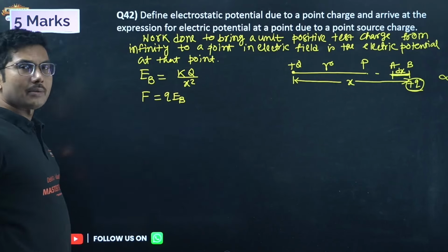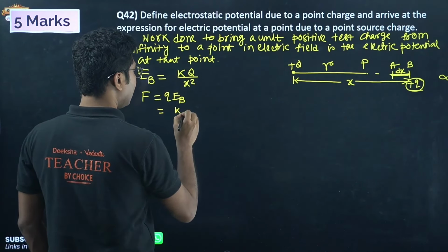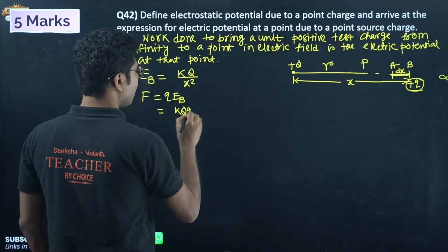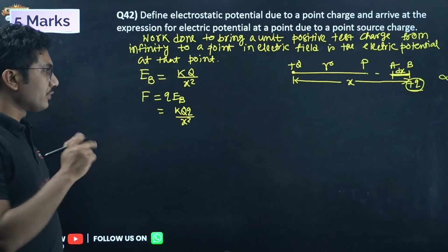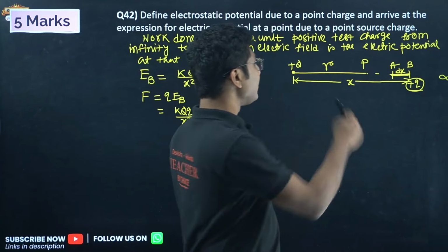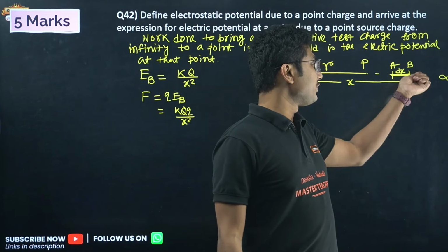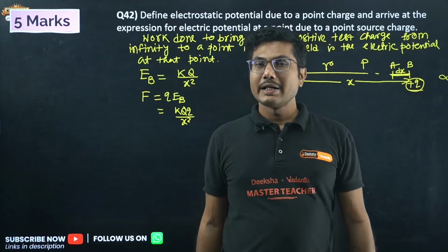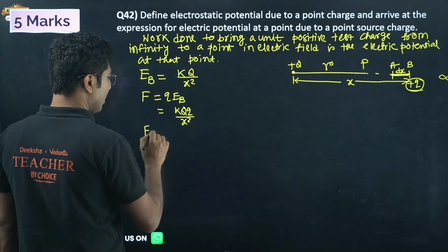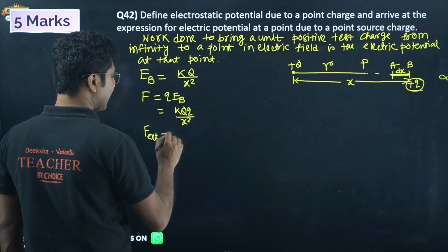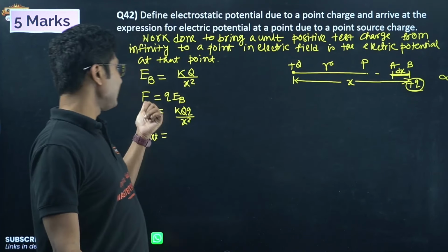Right, force is given by charge into electric field, which is nothing but K capital Q small q by x square, Coulomb's law. Now this is the force which is experienced by this charge due to the source charge. Now if you want to move this charge from B to A, then you have to apply an external force, and that external force must be in the opposite direction of this internal